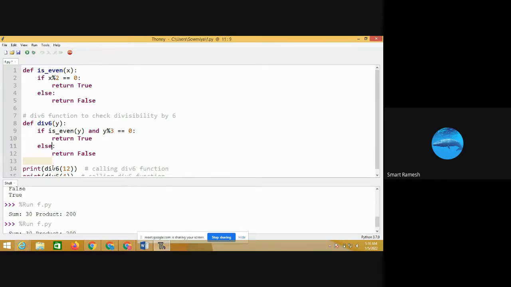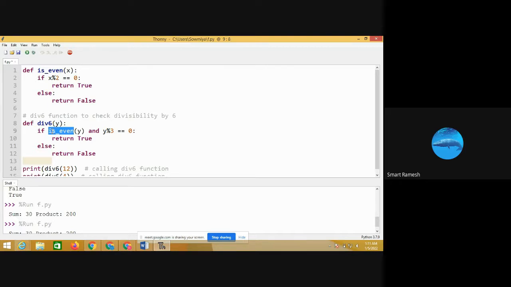Next, first we are going to see div6 of 12. Here I am calling the function div6. What is the y value? Y value is 12. First I am going to check is even of y.